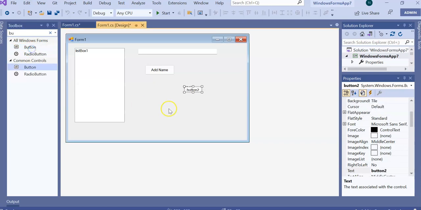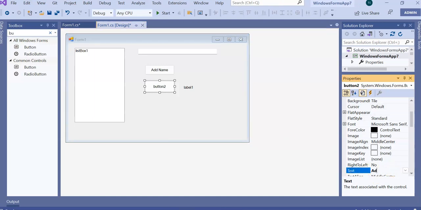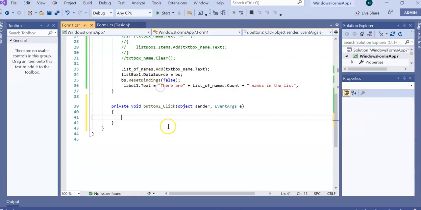For example, I need a button called Add 5. I want to add 5 students or 5 names at the same time. Okay, so I'll call it Add 5. Add 5. All right, so double click on this one. So I'm going to do just list box one,